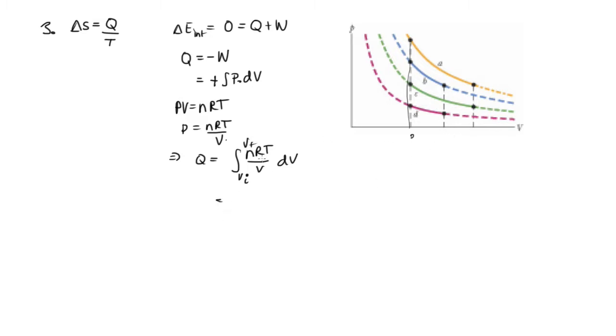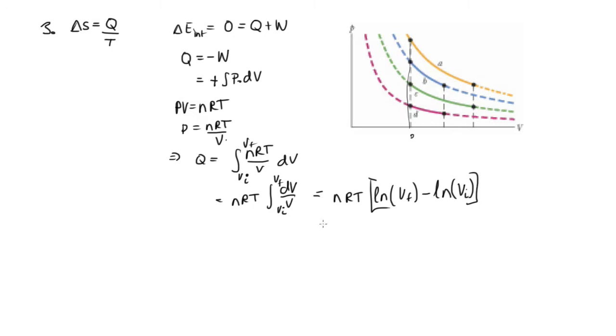Okay, so doing this, nRT, that's a constant, so we can pull that out the front, and then we've got the integral of dV on V, and doing this integral, we know that the integral of 1 on x is log x, so this is equal to nRT log, and we've got V final minus log V initial. And so this is equal to nRT log V final over V initial. Okay, so Q,